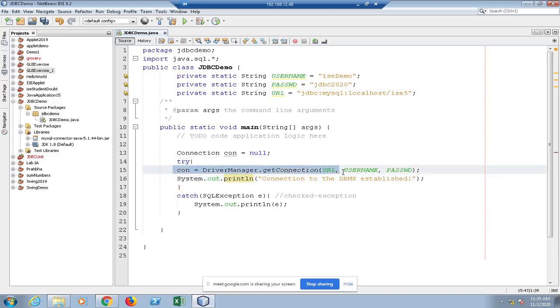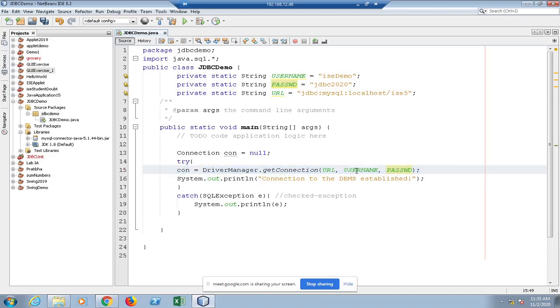At this point, if the URL is correct, if your server is up and DBMS is running, it is in proper state to be accessible, username, password are correct and matching with each other, then you will be getting connection object.